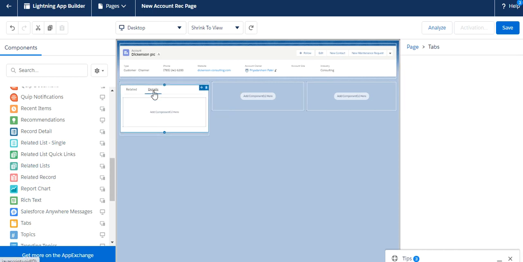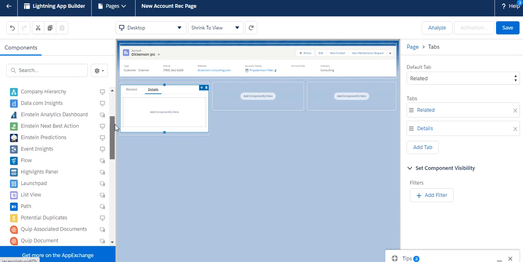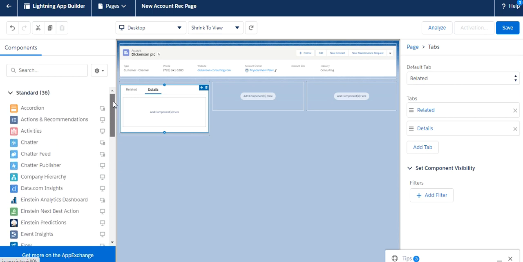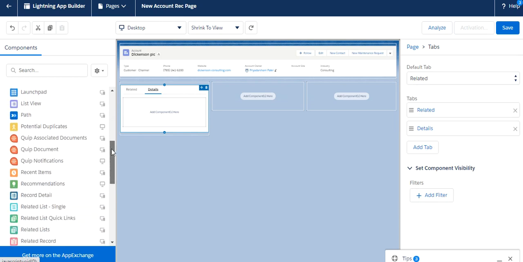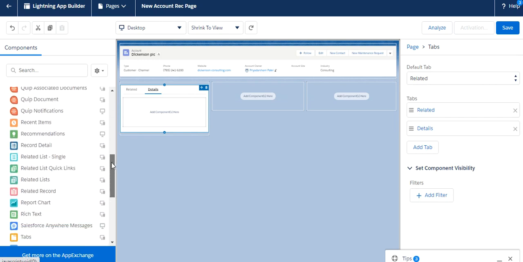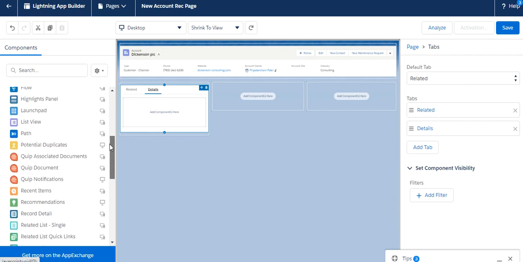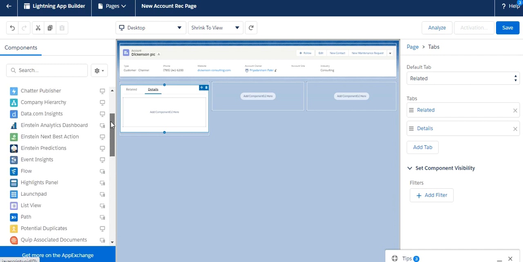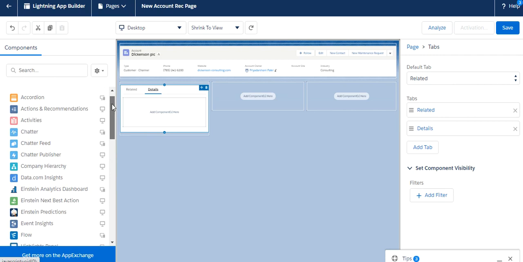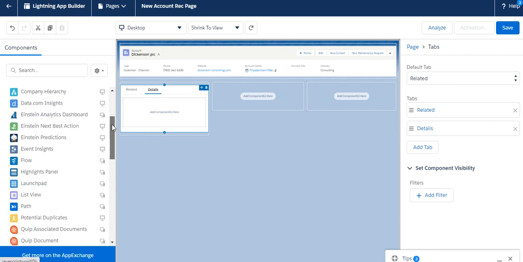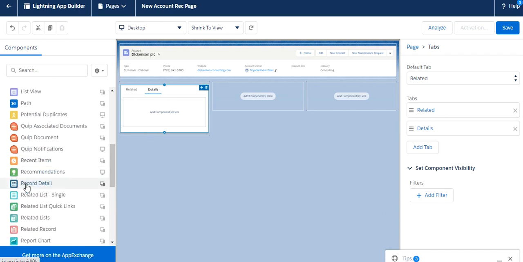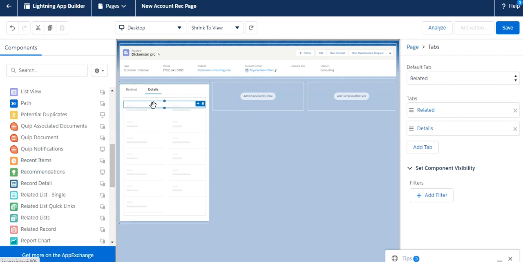Okay, now add details. So detail is, where is it gone. Record detail, yeah. So add this here.